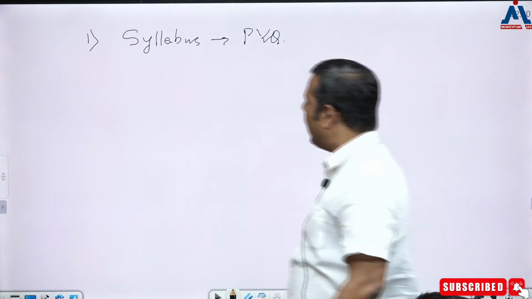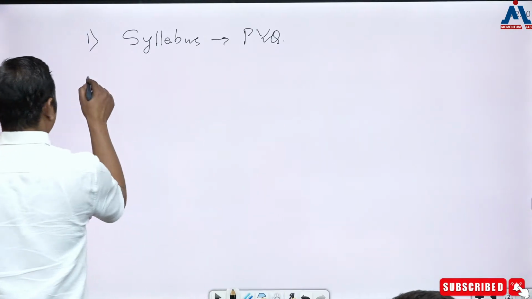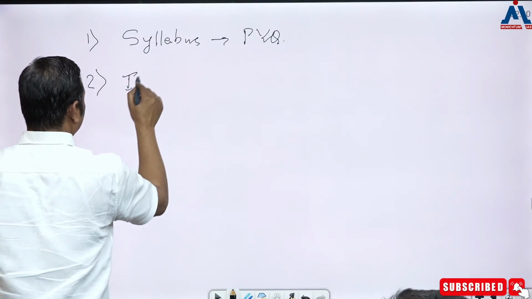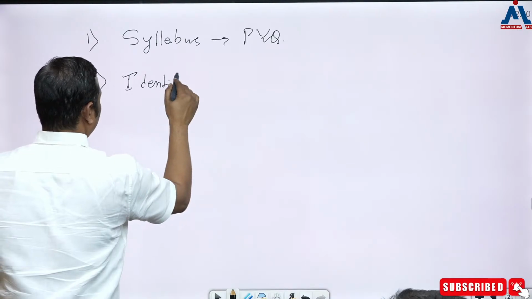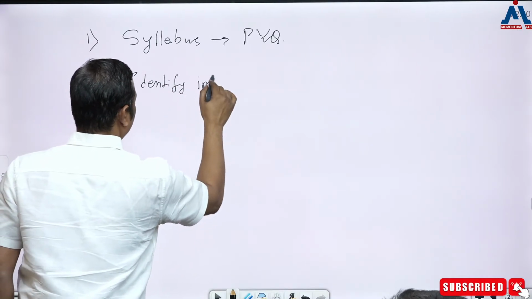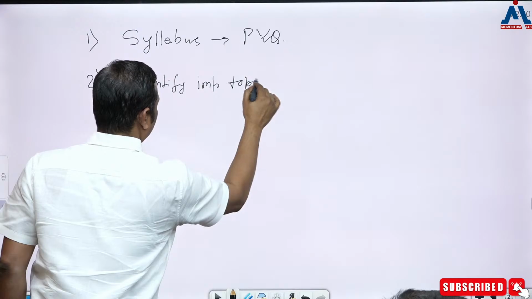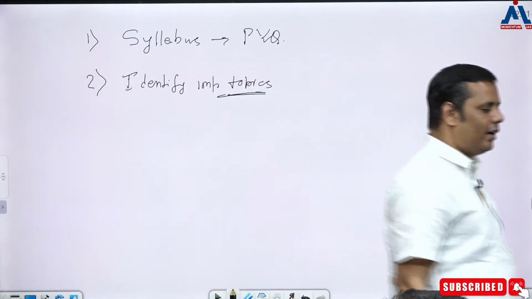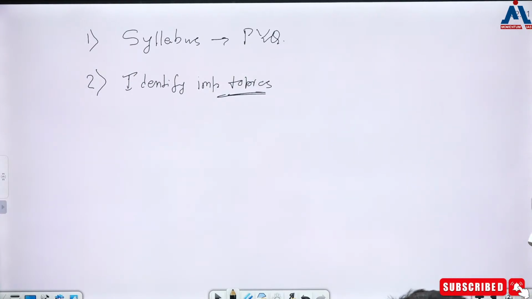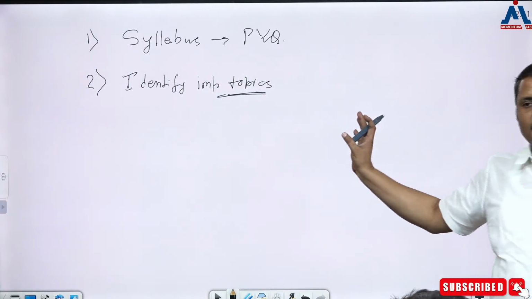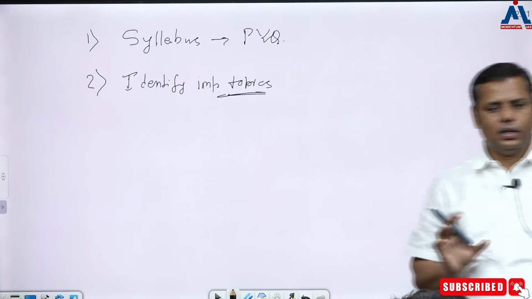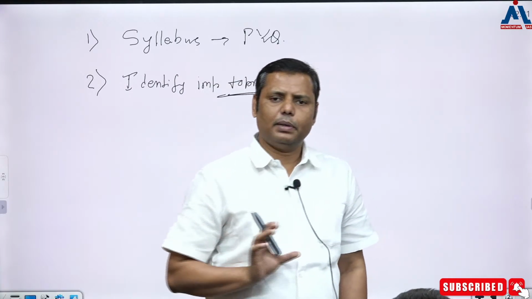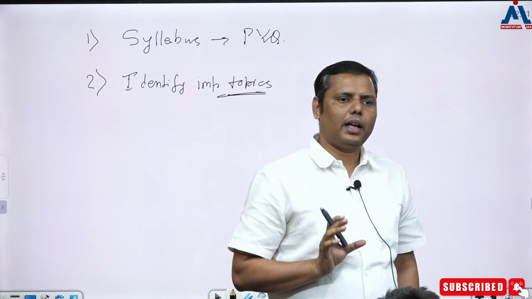Now the point is how to identify the key areas, or how to identify the important topics. कैसे करेंगे आप आइडेंटिफिकेशन कि ये इंपॉर्टेंट है या इंपॉर्टेंट नहीं है? One thing I have already discussed. Once you synchronize the syllabus with the previous year question papers, specifically you have to do it for the last 10 years only. आप सिर्फ पिछले 10 सालों के लिए करिए